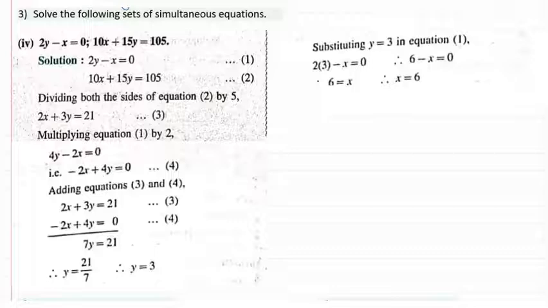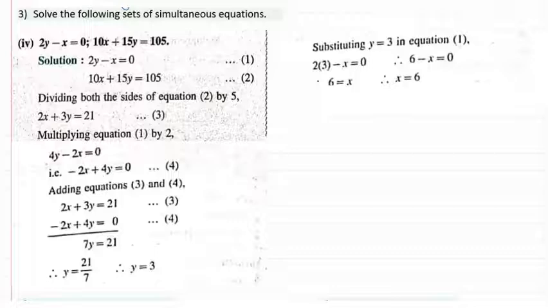So let's keep 6 there itself and shift minus x onto the other side. Only then we will get a positive variable. And we are always supposed to find the value of positive variable. So when minus x shifts onto the RHS it becomes plus x. And that's how we get 6 is equal to x. But the variable should come before, so we'll just modify them and write. So therefore x is equal to 6 is the solution for the variable x.